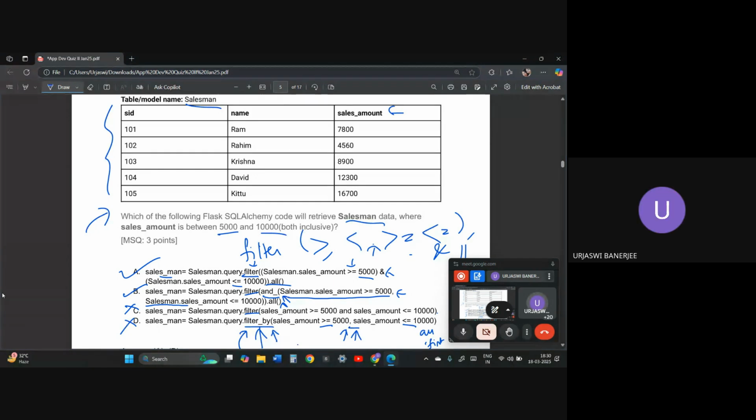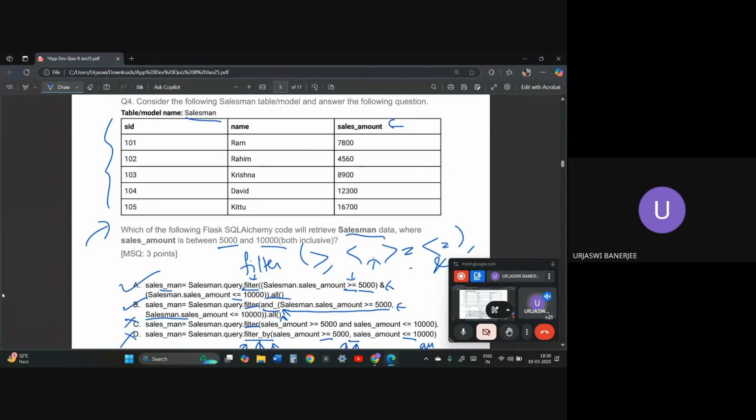The thing is, when there are ranges like this, you should use filter. But again, it depends on stuff like this. For filter_by, generally we need to provide something, like in your DBMS lab assignments, student.roll_number equals something like that, right? We need something to be provided to filter_by for it to filter basically.